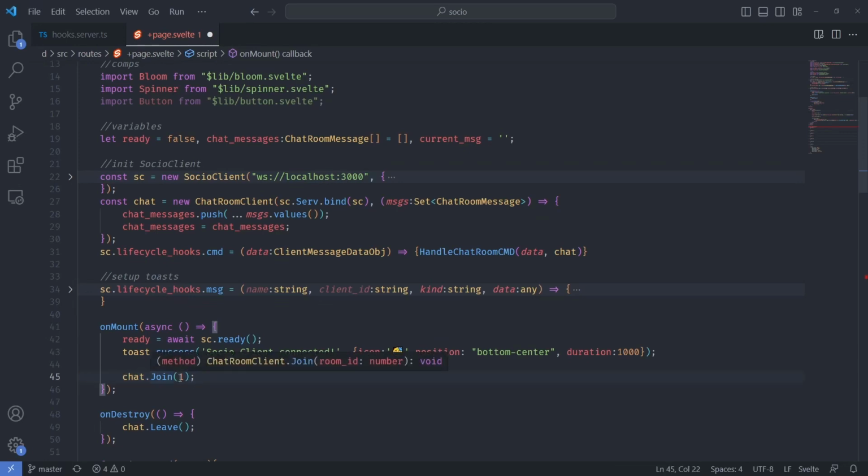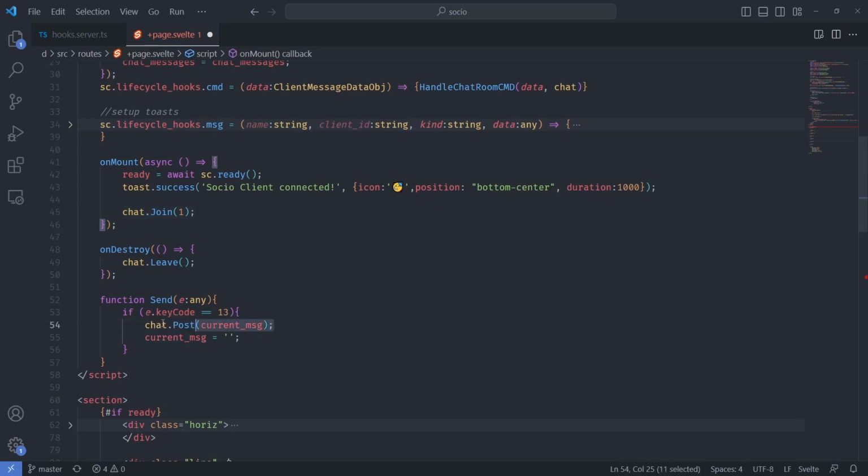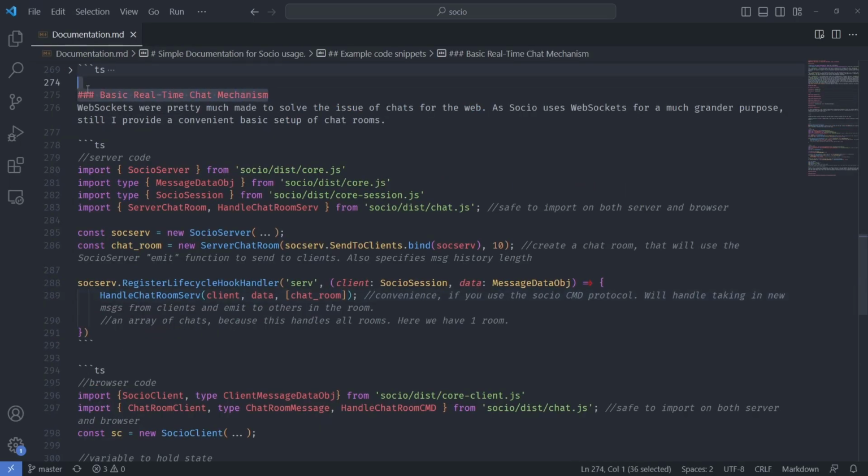So here's the ID, room number 1, and then later you can decide to leave the room that it's in. You can also just join a different room, and then to actually post a message, simply call post. Isn't that convenient? And here I've just hooked it up to the enter key. If any of that was confusing, go ahead and consult the documentation here, where I step through it, I guess,